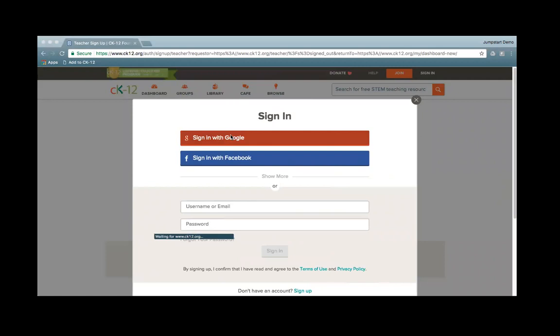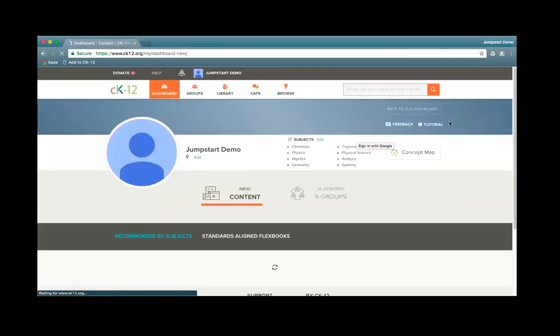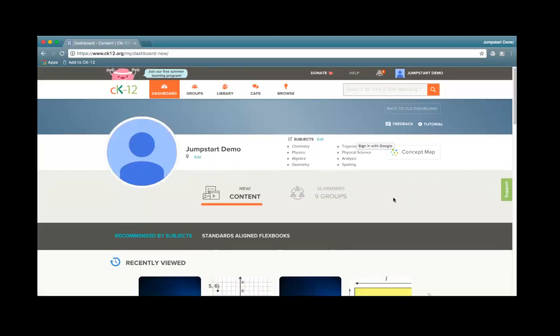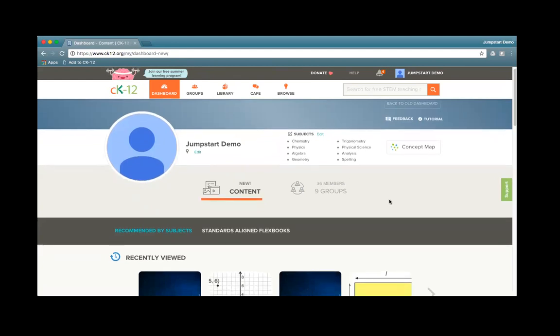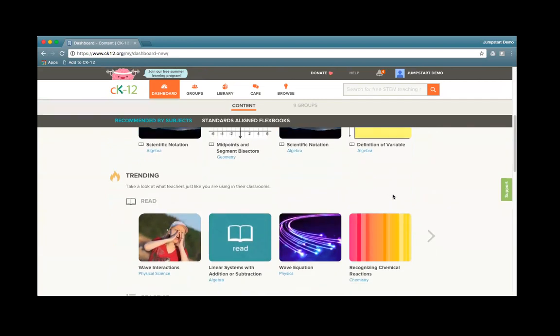So I'm just going to sign in with Google, and that will take me to my dashboard. Now, if you're here on your dashboard and you've already created an account and you've picked subject areas or made groups here, you can see a couple different options: recently viewed, trending, all sorts of different pieces. At the top, you'll see your